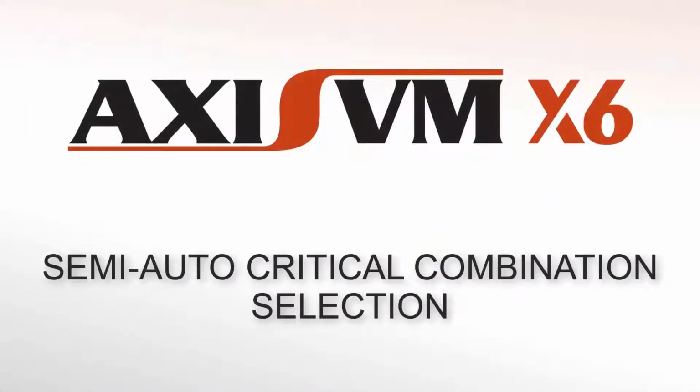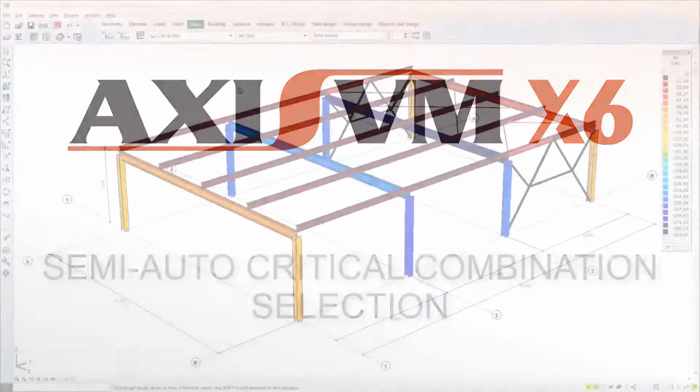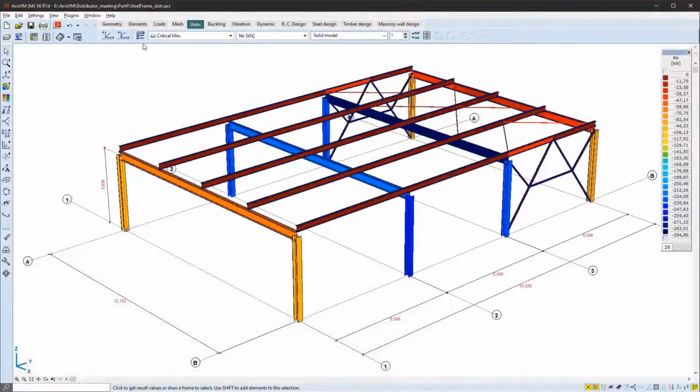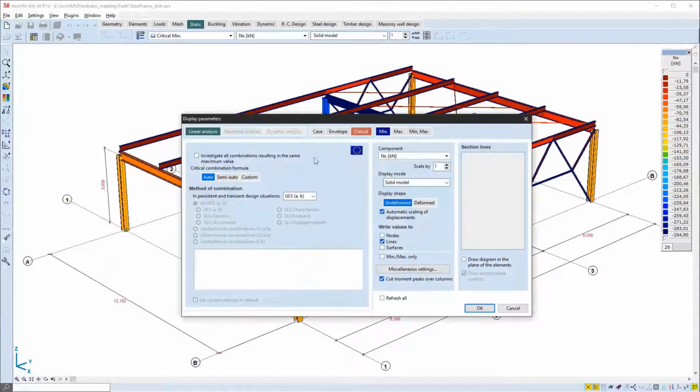Next one is the semi-automatic critical combination generation. So when scrolling through different analysis results for critical combinations, each result component will be displayed according to their respective corresponding combination formula.